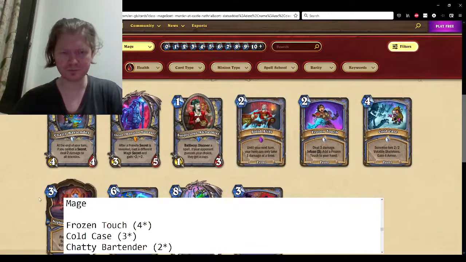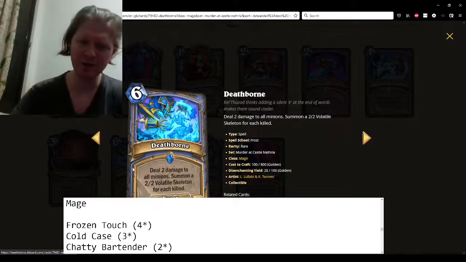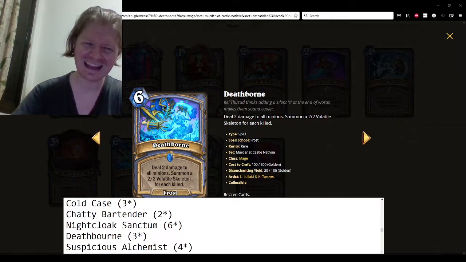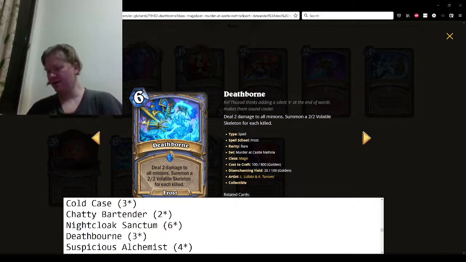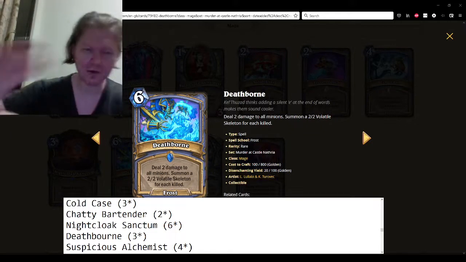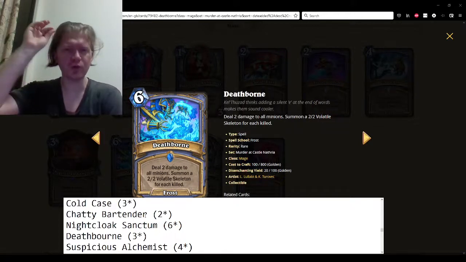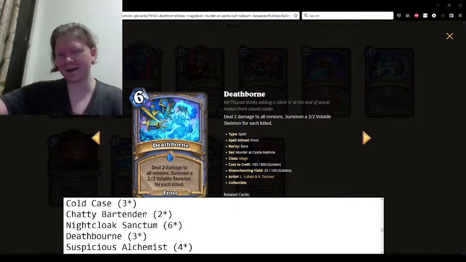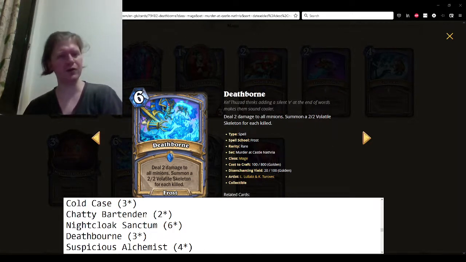Number 2 is Deathborn. Deal 2 damage to all minions. Summon a 2/2 volatile skeleton for each one killed. I think this is a 3-star card. It's been my experience that it's not that easy to kill things that have 2 health. If you can get like 3 or 4 things off with this, that is really, really strong. I'm not going to deny that. But you might only get like 1 or 2, and then you're playing a...